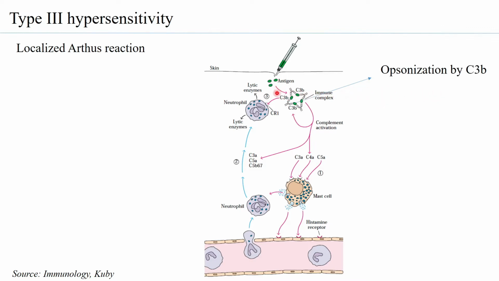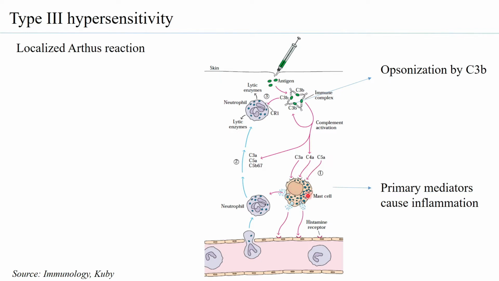So we effectively understand that these antigens can be bound by the antibodies to form large immune complexes, and they can in turn be bound by C3b. So there is opsonin formation. Because of this, the complement gets activated, and when C3b is formed, its counterpart C3a is also formed. Similarly, other anaphylatoxins like C4a and C5a are formed, and these trigger the degranulation